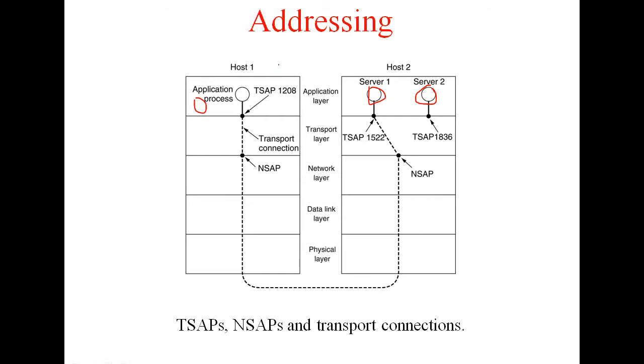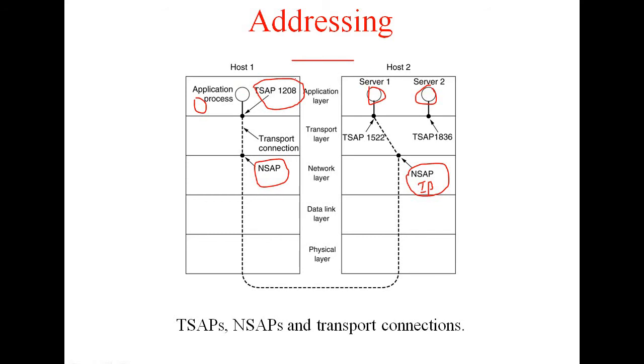When we talk about the transport layer, it is always end to end. So some unique address is required, that we call the TSAP. What does TSAP stand for? This is the transport service access point, and we also have something called the NSAP, that is the network service access point. Usually the NSAP will be common because we are connecting to the same host. This NSAP is nothing but our network address, or we can say our IP address. You have already studied IP addresses. So this NSAP can be common, but there can be many processes running.